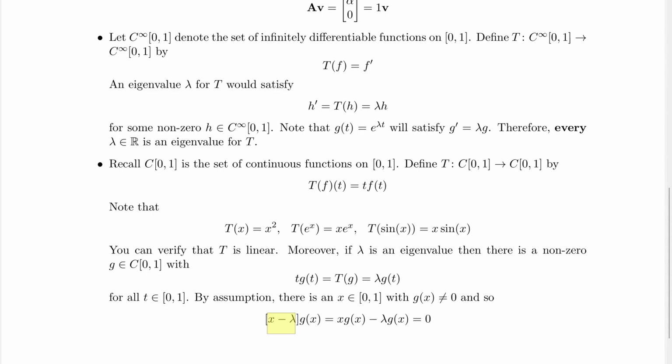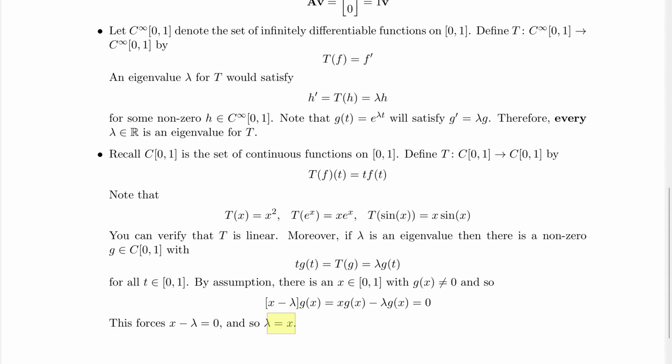All right, so our function g is non-zero, which means its output is not equal to 0 somewhere, and we've just verified that that input actually has to be the eigenvalue. All right. However,